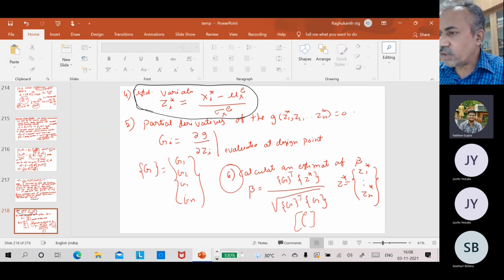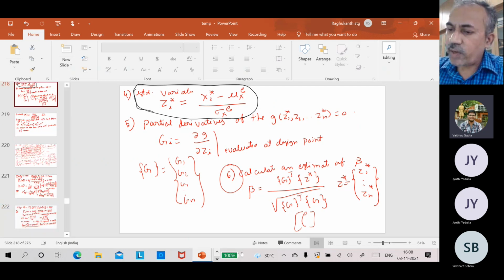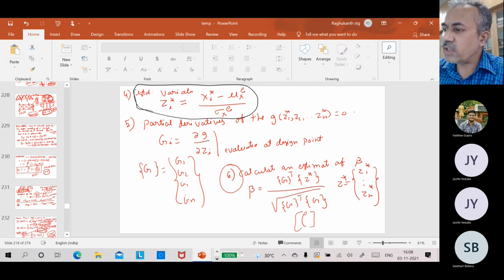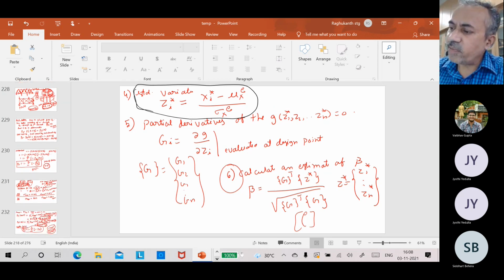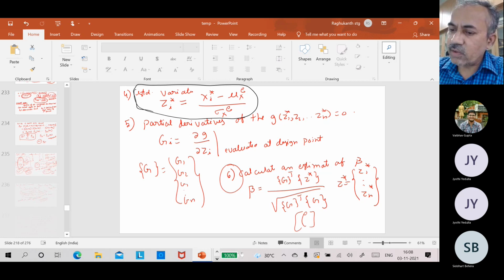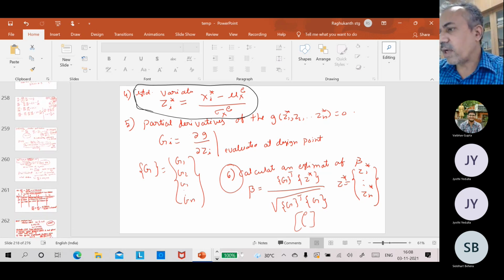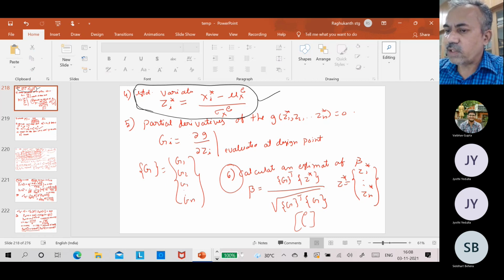Reduced variates. Here also in stochastic FEM, this is a standard procedure, because once you work with reduced variates, your origin becomes 0 and then it will be easy to calculate. Of course, if it is a non-normal random variable also, what was the procedure we told? This works for normal random variables, but if the random variable is not normal, what methodology will you use?